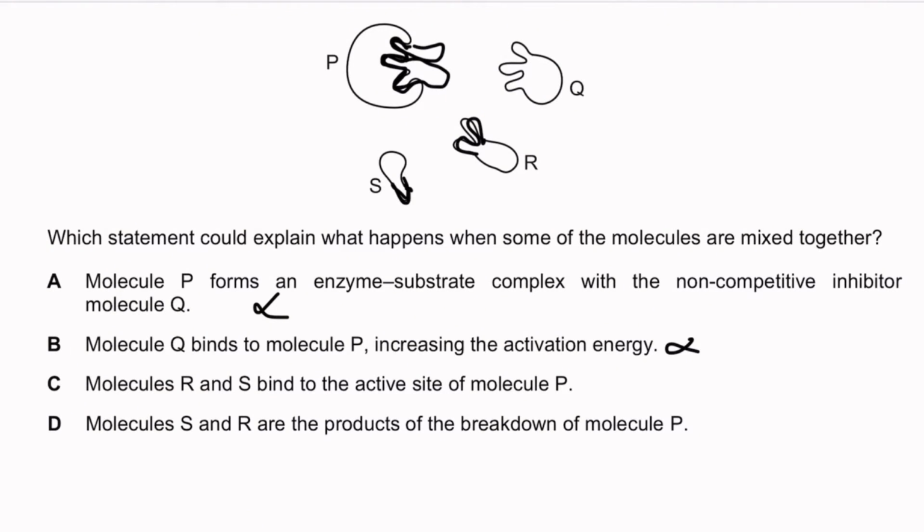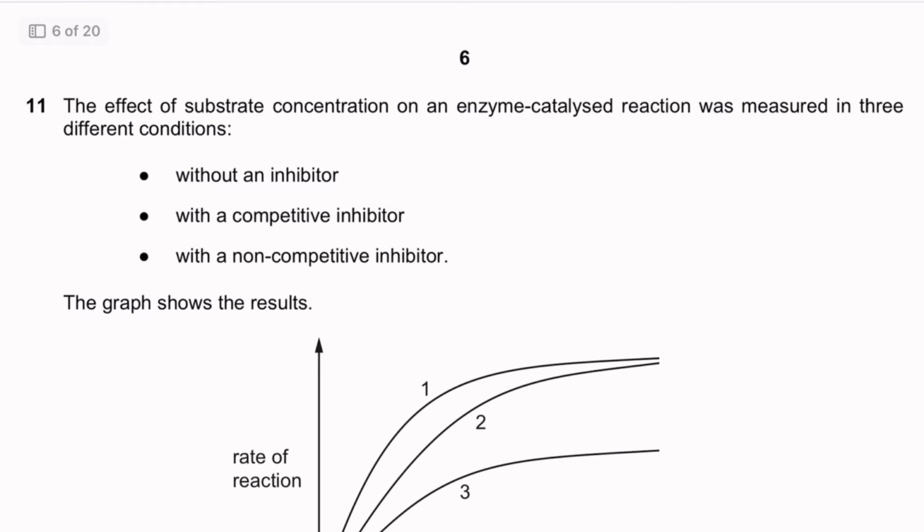Something like this, and then they join together. So yes, this is true. And the molecules S and R are the products of the breakdown of molecule P. I don't think so. I think P is the enzyme. Okay. Moving on, we have the effect of substrate concentration of an enzyme catalyzed reaction was measured in 3 different